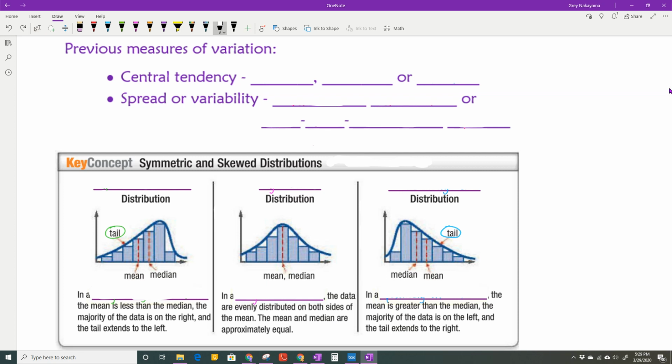Okay. First off, when you measure variation in your data, you can either look at the center of your data, and when you do that, we use the three things called mean, median, and mode. Or you can look at the spread or variability of the data, and we use something called standard deviation or a box and whisker plot, also known as a box plot or a 5-number summary. So when you get a set of data, you're going to create a histogram, and I'm going to refresh your memories on how to do that with